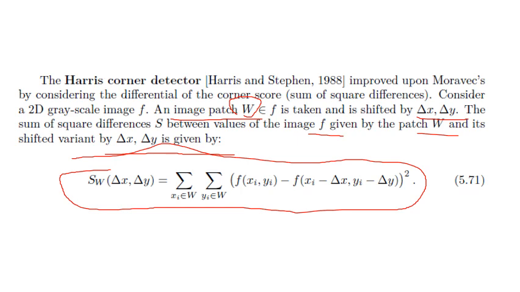A little more about the Harris corner detector, with a little derivation, is given to you as part of the homework. It is a very brief derivation and a small algorithm. You have to derive the kernel, the matrix related to the Harris corner detector. Some 5 to 6 steps are in the textbook. I request you to kindly derive it, and a 5-step algorithm is also there, which will be part of your assignment.